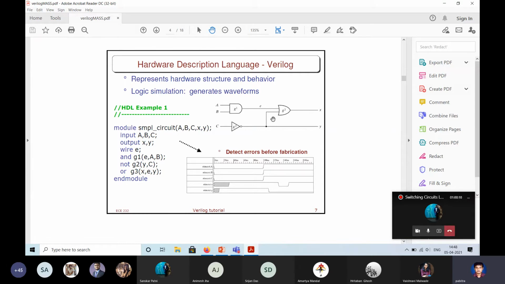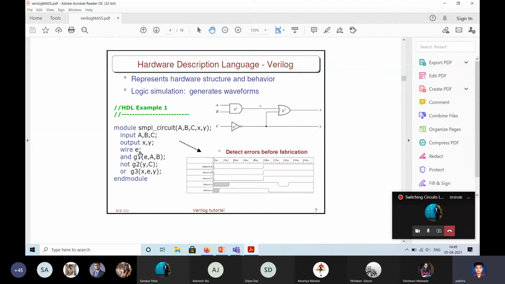We might need another thing, but anyway, let's see. G1 is an AND; AND is a standard cell. It's available. So instead of defining a module G1, it's just like a structure definition in C. This means G1 is an AND module with port list EAB. The AND module is internally already described, so E is the output, AB is the input, and so on.